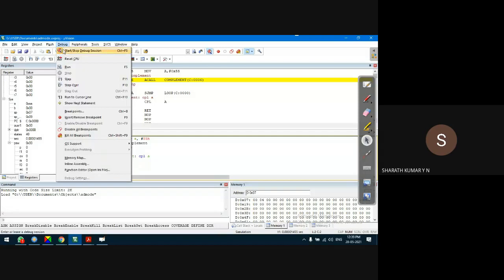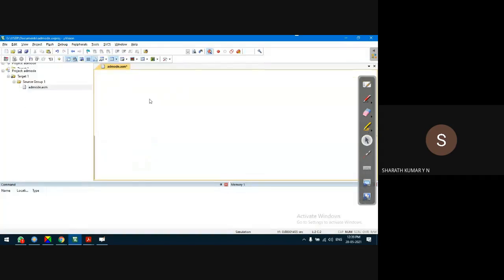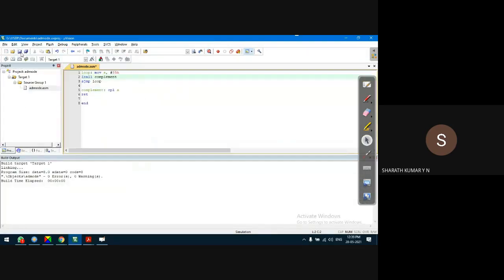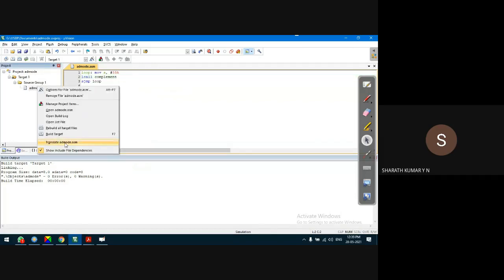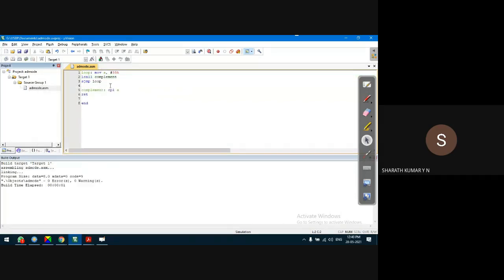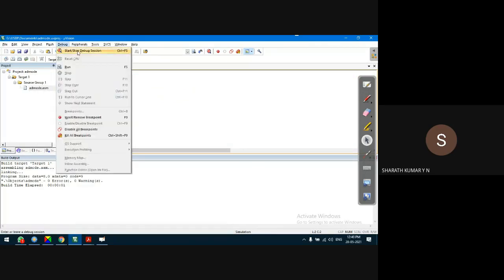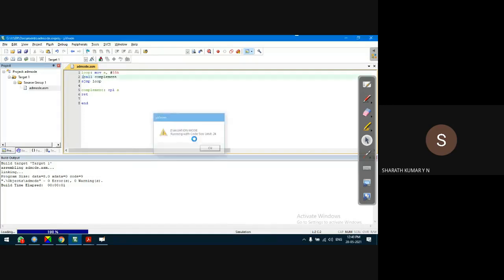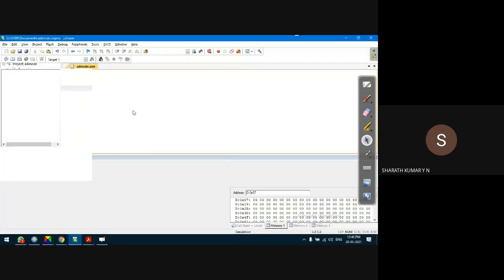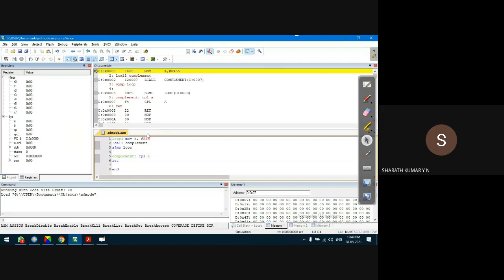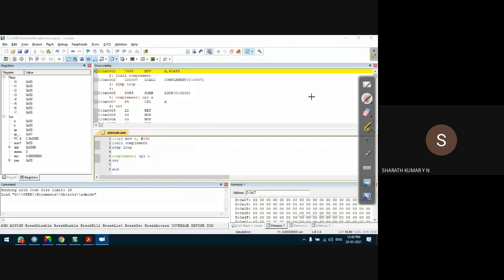So I'll start from the beginning, because each time we change the source code, we save the file and check for syntax errors. If everything is okay, start debug session. Observe the disassembly window. This is very important because we need to understand the LCALL, the number of bytes of address in the LCALL, because LCALL takes 3 bytes.